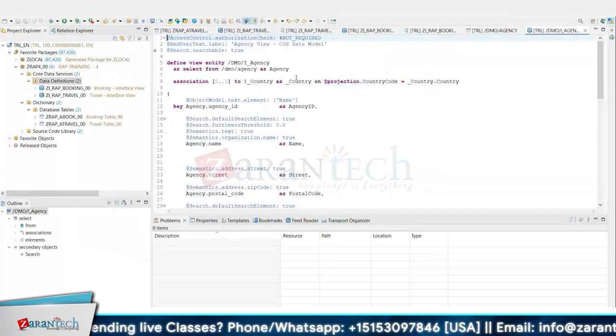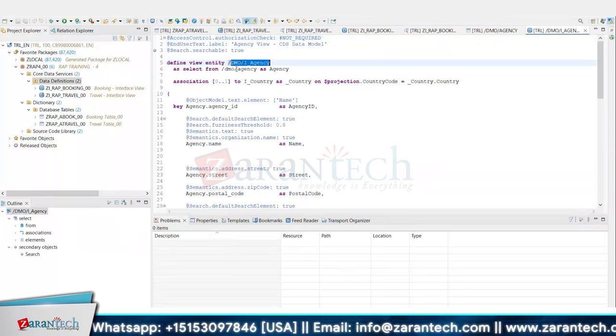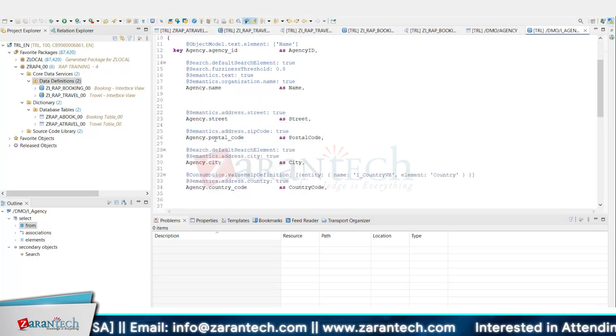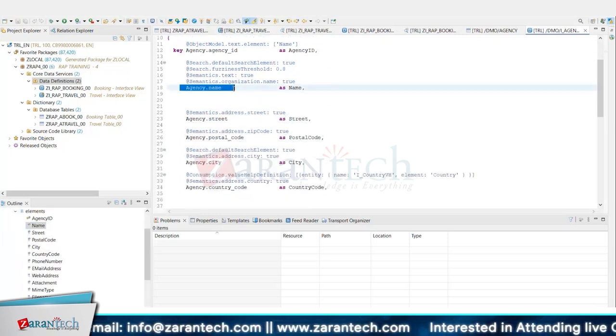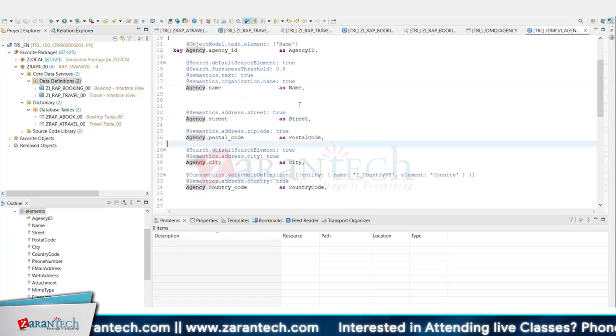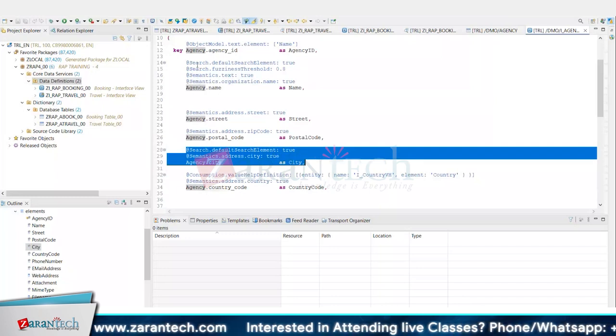/DMO/I_agency. So this is a CDS view. You see here, define view entity. There is a CDS view. This CDS view is getting the data from which table, guys? Agency table. From the agency table, they are getting the data. Very good. And what fields are they getting? Agency name and agency street, agency postal code with some nice alias names, and also a lot of annotations are mentioned